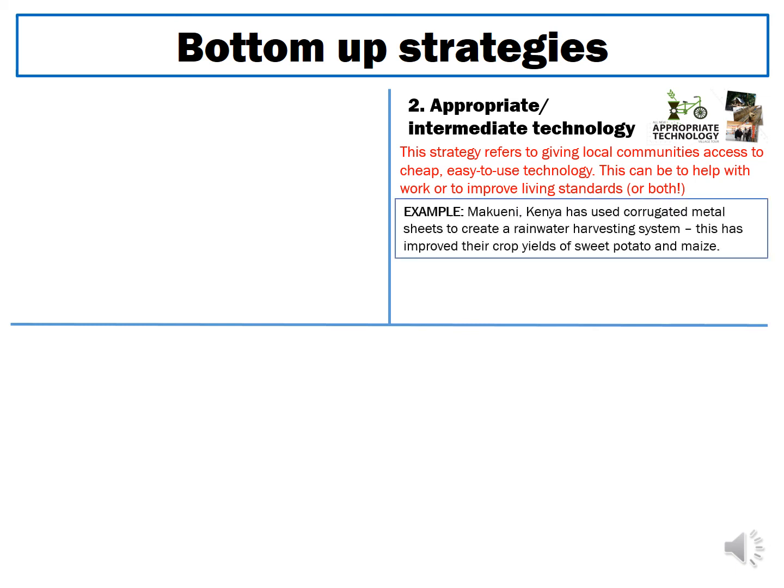An example that you've studied of appropriate technology is Makueni in Kenya, where they use corrugated metal sheets to create a rainwater harvesting system, and this led to an increase in their crop yields of sweet potato and maize. An advantage of appropriate technology is that it supports communities in increasing their income with long-term